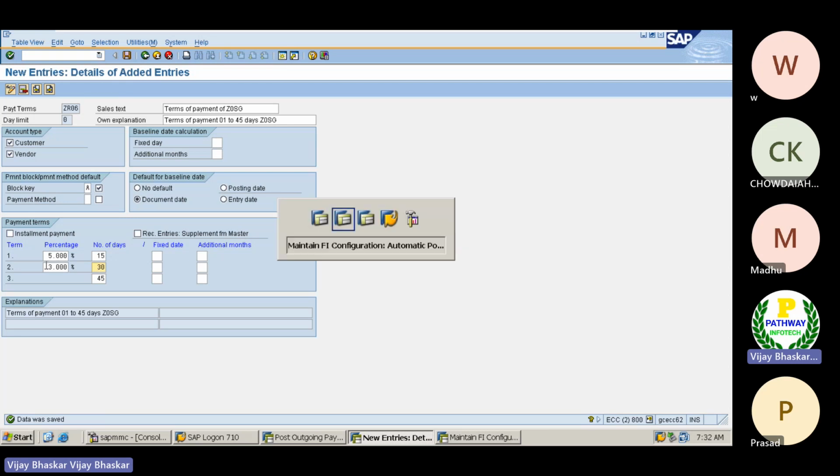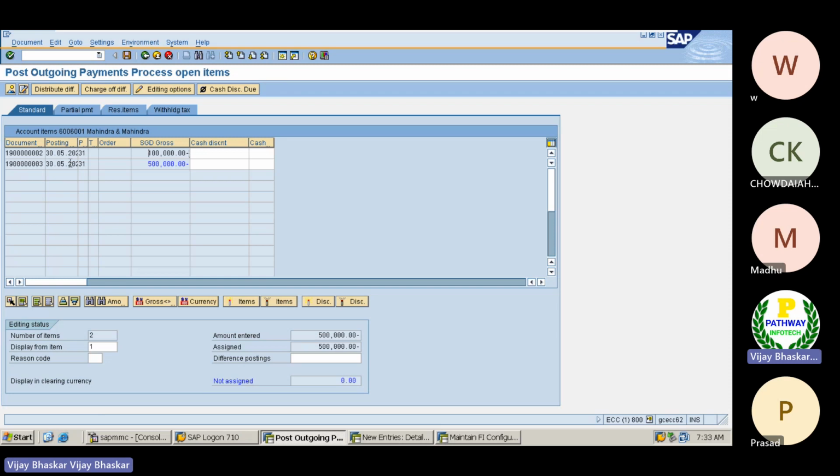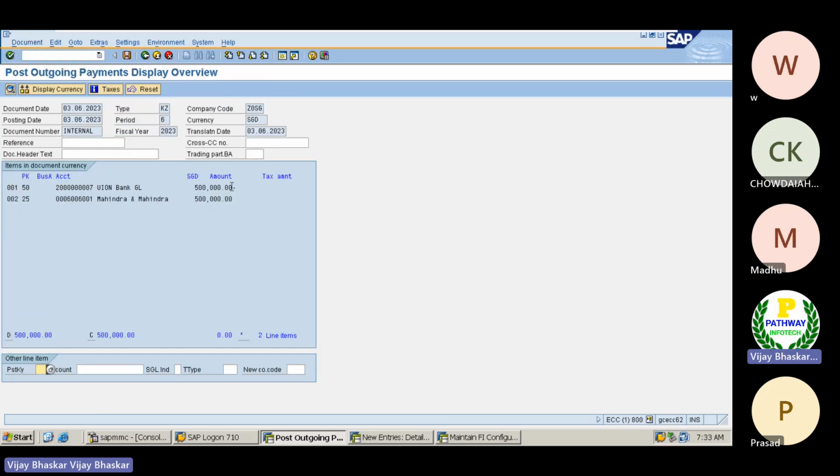But I am making payment today, the 3rd of June. So I am not eligible for the discount. That is the reason the system is not calculating any discount amount here. You can see the document date and posting date is the 3rd of June. Okay, that is the reason the system is not calculating.